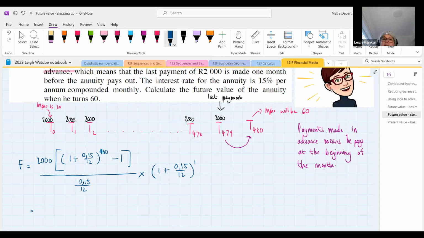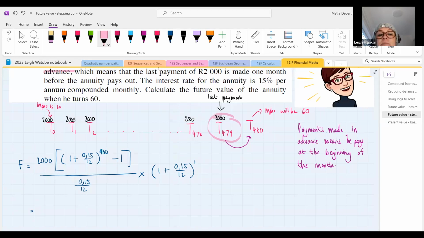Hi, ma'am. Hi, Caitlin. So he's not paying that last month because money's being taken out, right? No, it's not as though money has been taken out. His payments have now stopped. So in other words, when he starts, it's when he turns 20 at T0. He puts 2,000 Rand into this account immediately at the beginning of the month. All the other payments of 2,000 Rand take place at the beginning of every single month, not at the end. So in other words, when you get here to this